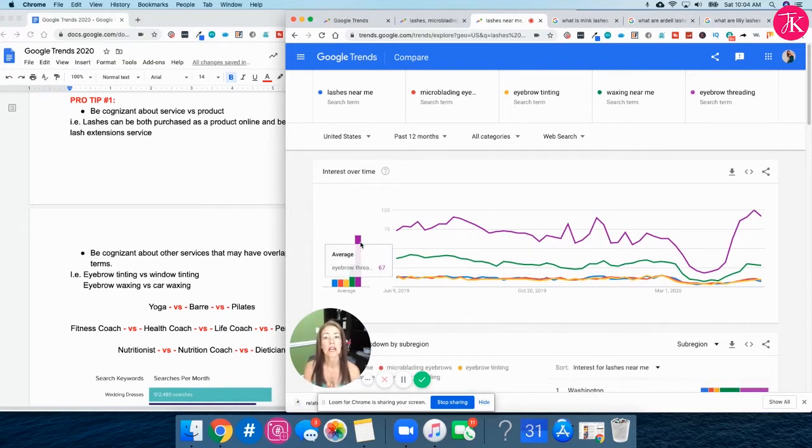And that's because of those overlapping search terms of window tinting versus eyebrow tinting, as well as lashes and lashes near me. So now you're going to see that the highest is actually eyebrow threading,